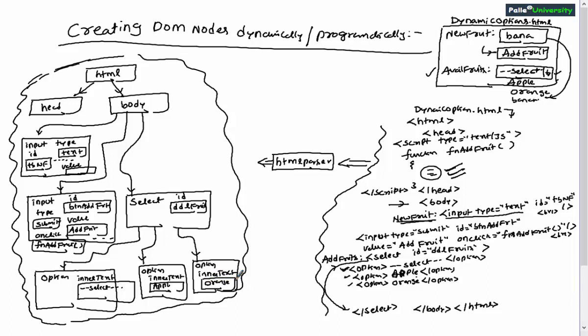Now what is our next requirement? I already told you the next requirement. When the user gives some data into the new fruit text box and clicks on the add fruit button, we need to add the new fruit to the drop down list. First you tell me, when the end user types some data into the text box, where exactly will the data be stored? Obviously inside the corresponding node, inside the value property. So in the JavaScript function, first you need to read this value.